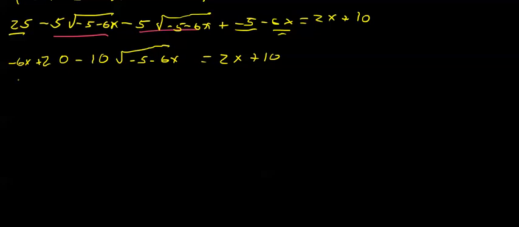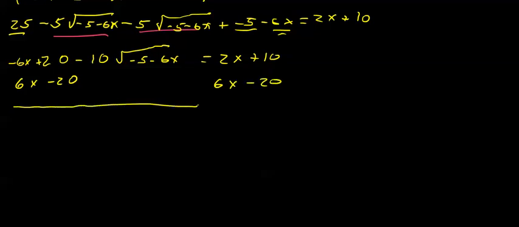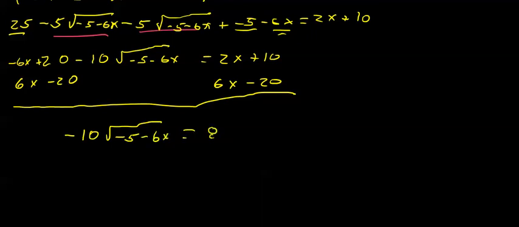And then I add 6x, subtract 20, and we end up with -10 times the square root of -5 minus 6x equals 8x